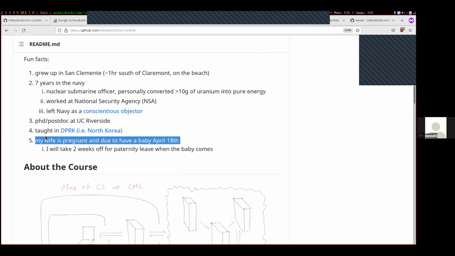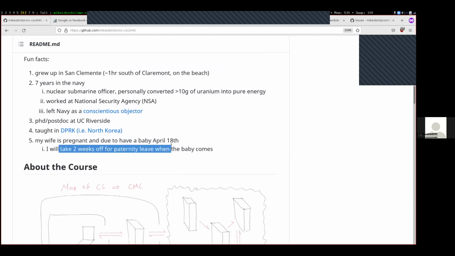And then the thing that's going to be most important for us in this class is that my wife is currently pregnant, baby due April 18th, which is 2 weeks before the end of the course. And I'm going to be taking 2 weeks off for paternity leave when the baby comes. So if the baby comes on time, then this would be like the last day that we have of actual